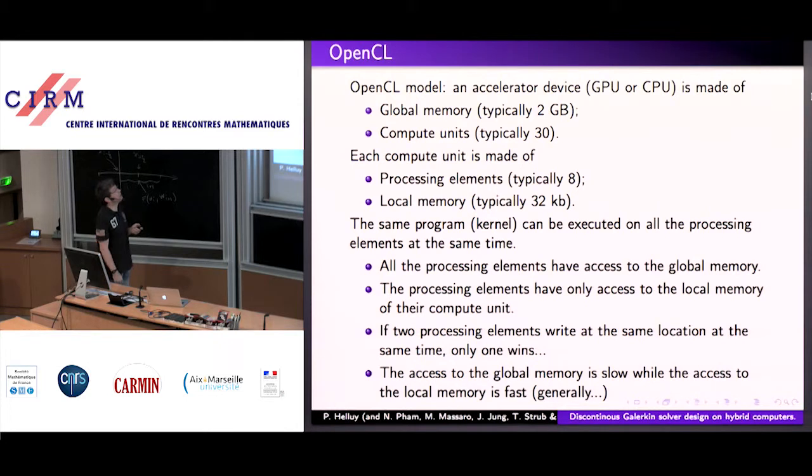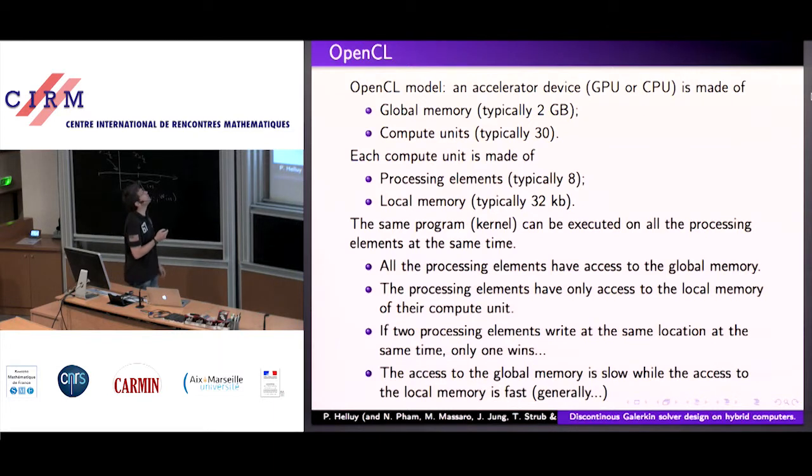So for this, we have to use an accelerator. So for instance, a graphic card or GPU. Classical graphic cards are made of thousands of processors today, so it's not very expensive. For a few hundreds of euros, you can have a very powerful computer. The problem is that you have to program it, and it is not very simple.